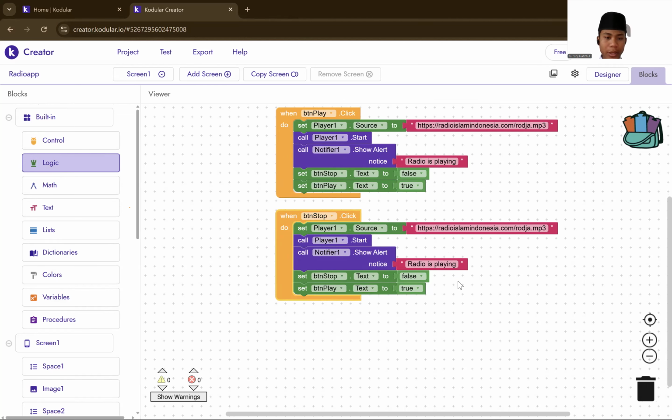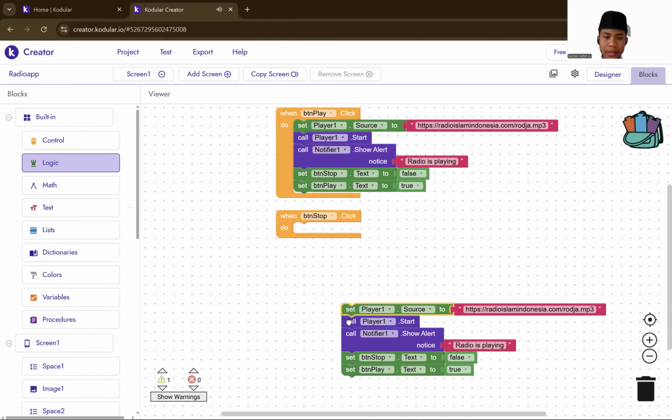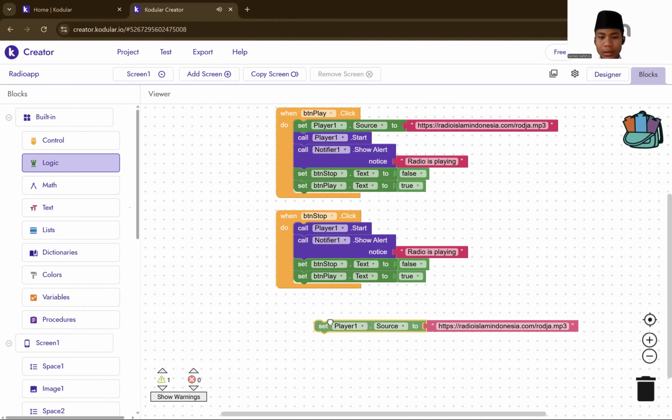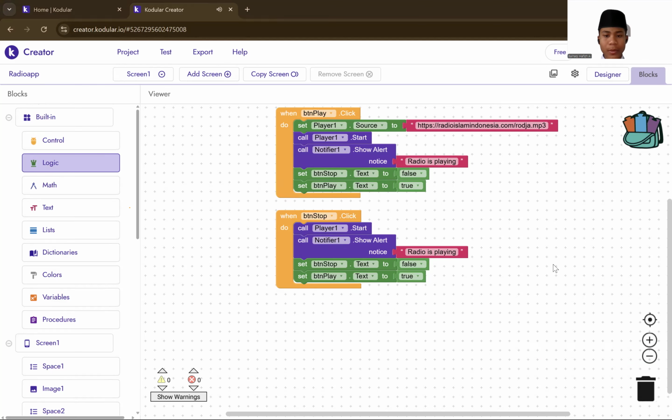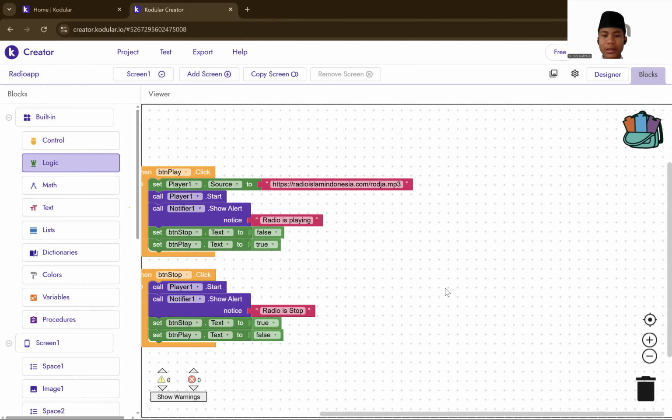Okay. If done, the first this you remove. Then in here all notifier, you change the name to stop. Okay. If done, in here the false you make true and the true is false. Okay. Be like this.